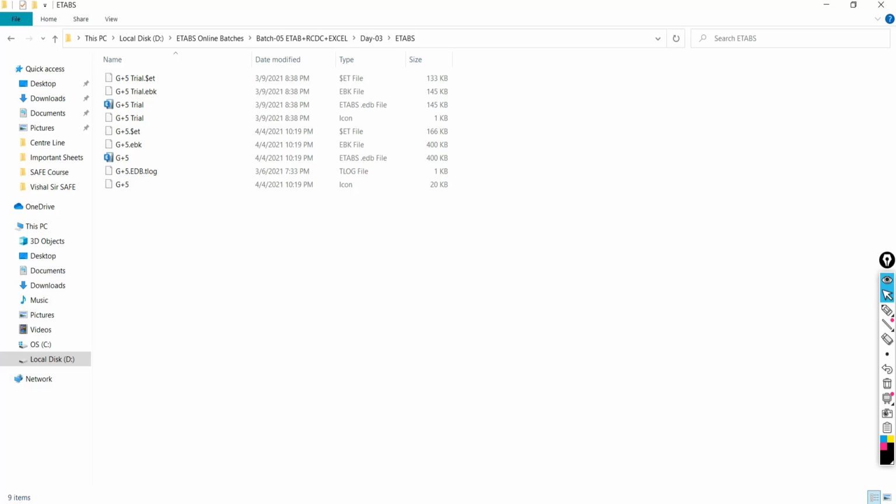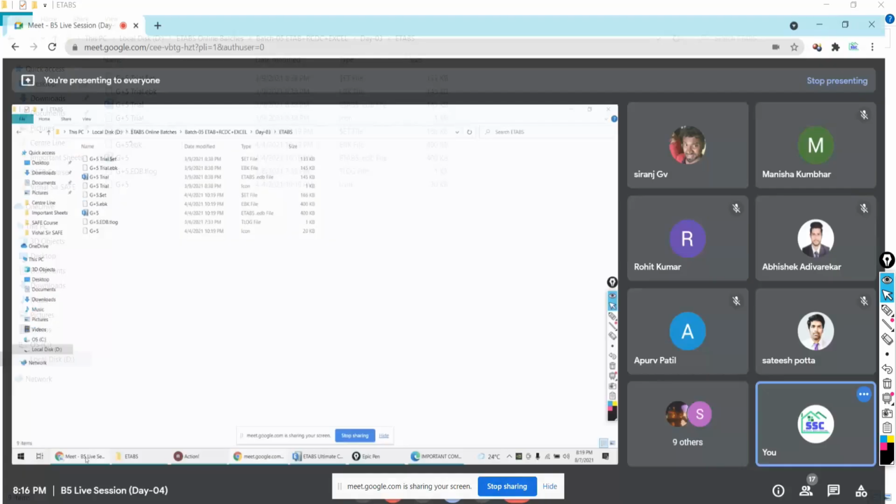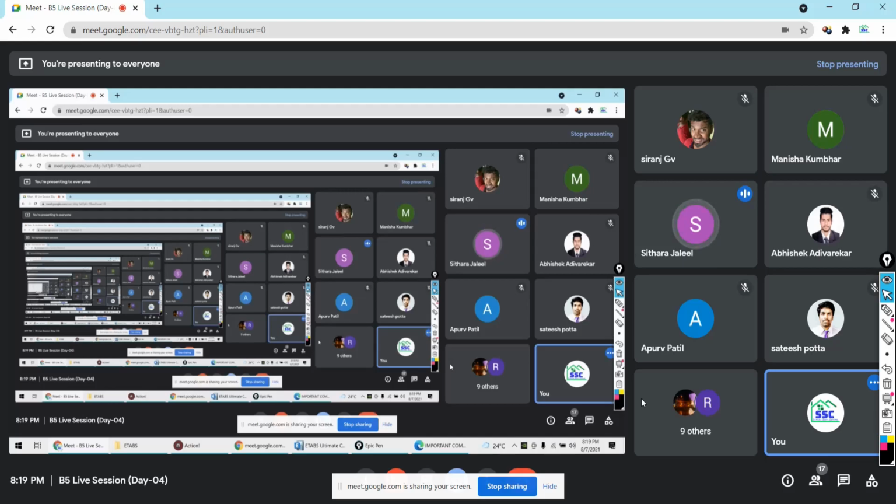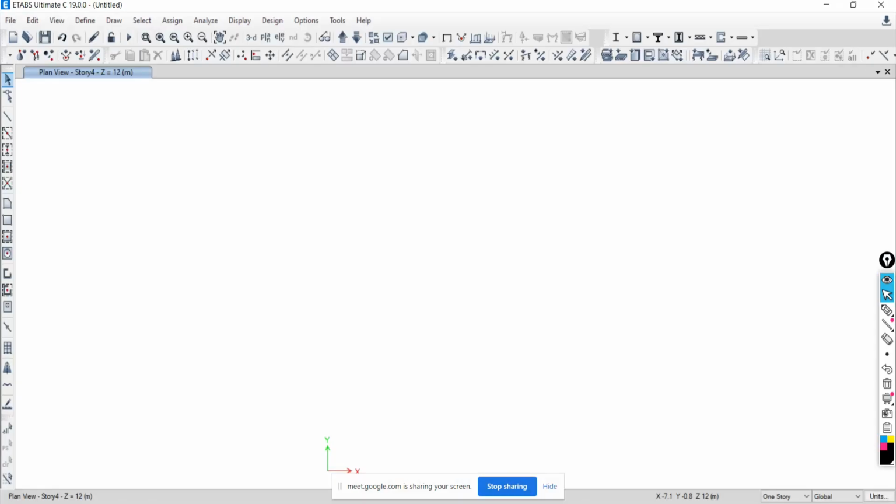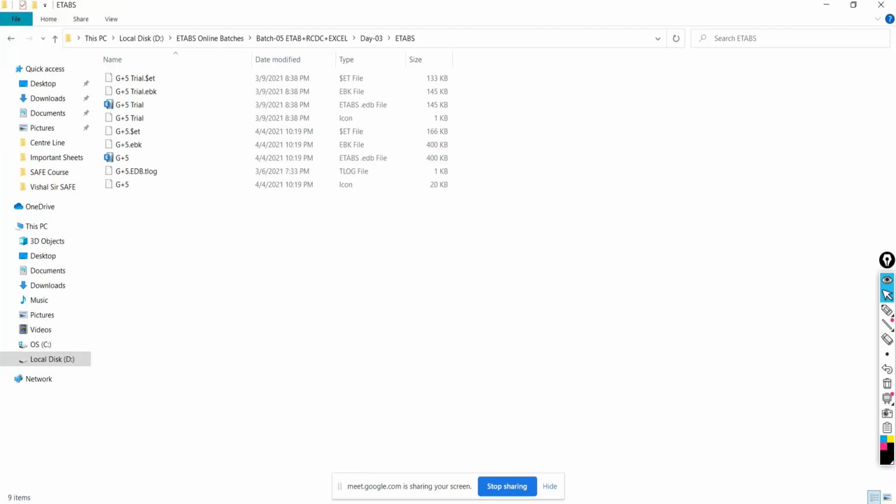As it might be known to you when you are working with CAD software, so CAD software will save the file in what format? Can anyone tell me? DWG. DWG format. Okay, like that, ETAP will also save the file in the folder in different formats. So many files you will be able to see in your folder after the analysis of the structure.